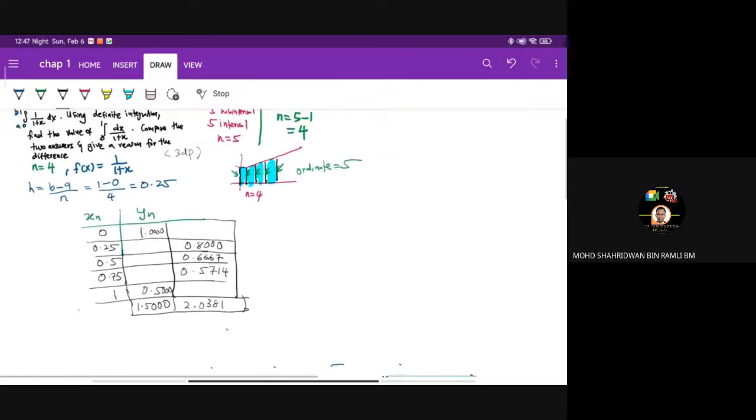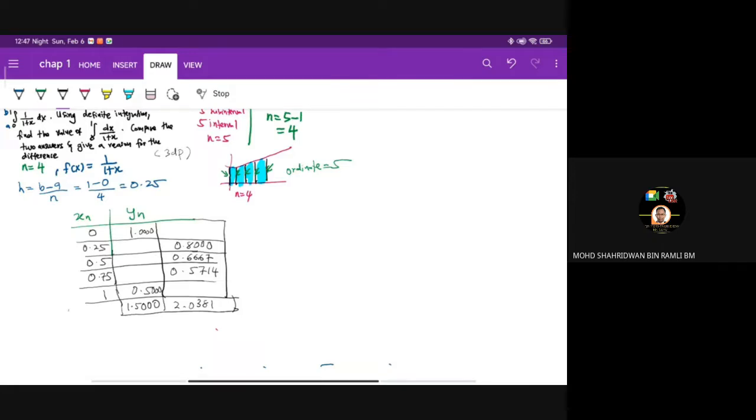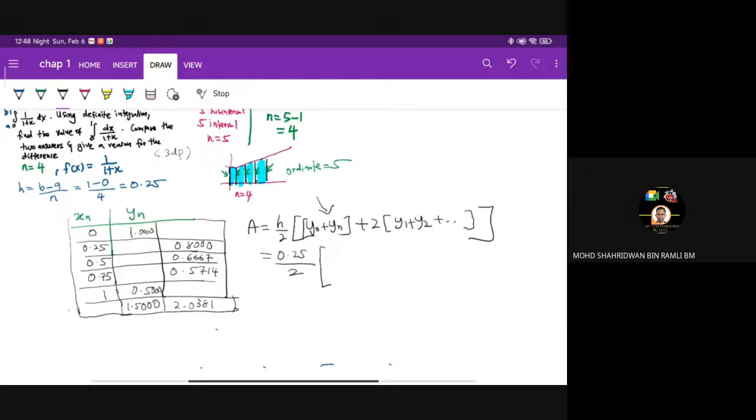Lastly, after you construct your own table like this, we are using the correct formula of the trapezoidal rule, which is area equal to h over 2, and then y0 plus yn plus 2 times y1 plus y2 and so on. So our h here is 0.25 over 2, and then y0 plus yn is this one, 1.5000, and then plus 2 bracket, our next value, the rest here will be this one,